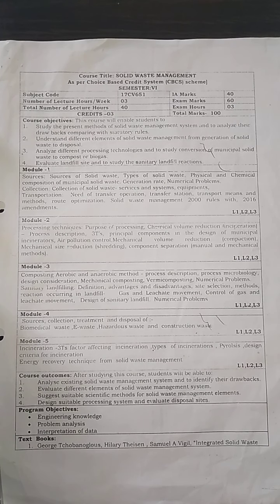Okay, so now what are the things that will be coming in incineration? The first thing that we will be having is 3T. Now 3T is nothing but time, turbulence and temperature. Now first, what is time? Time is how much time we are going to burn the waste in an incineration. That is going to be a very, very important aspect when we are going to burn the solid waste in the incineration. Okay, now if we burn the waste material for a very short period of time, then it is going to burn incompletely, and it is going to give the product of incomplete combustion.